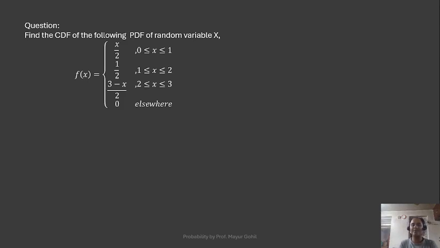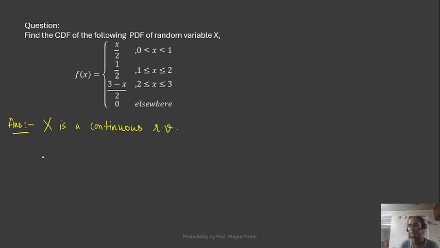Now, as you see, because everything is given in the form of intervals, that means x is a continuous random variable. So we note down the fact over here that x is a continuous random variable. Now, in order to find the CDF, that is capital F of x, we have to